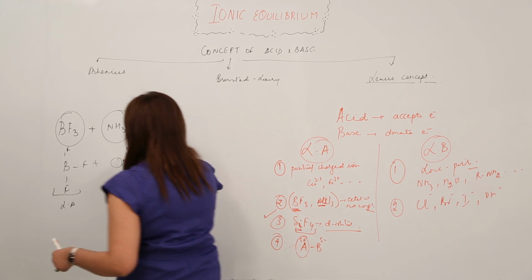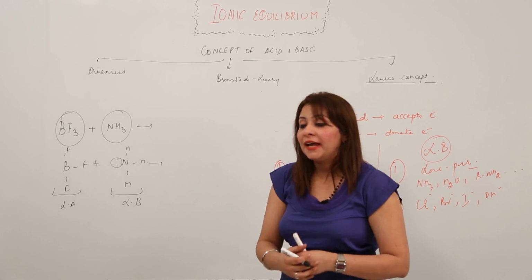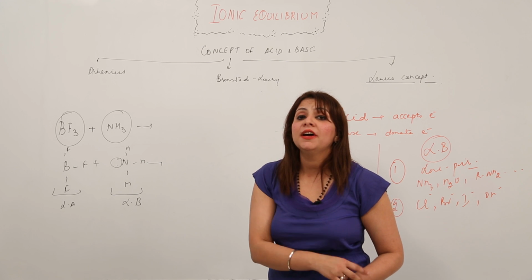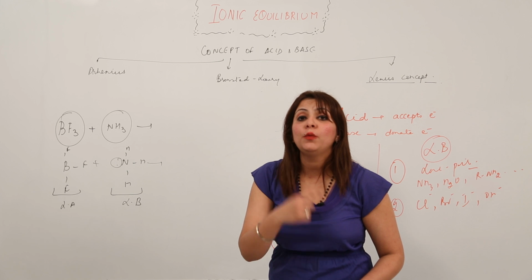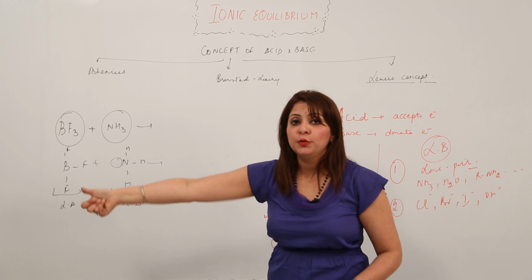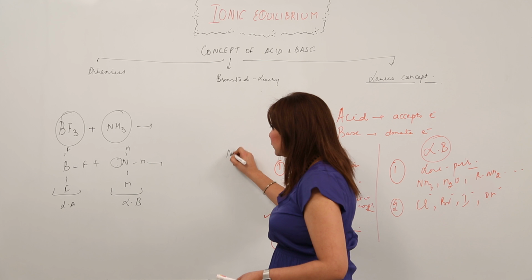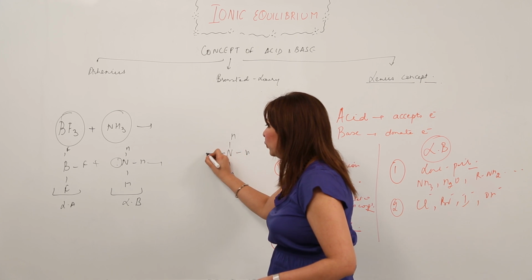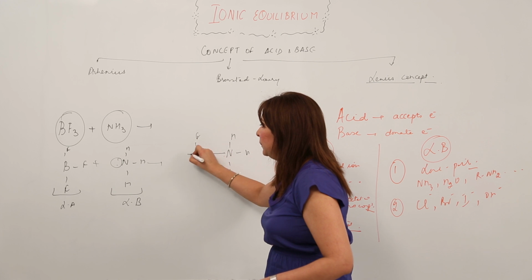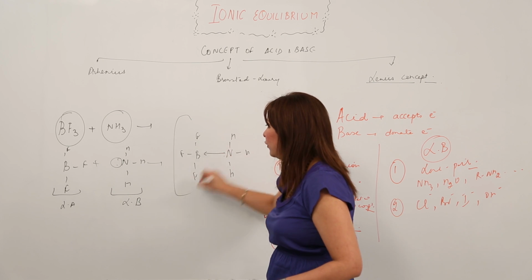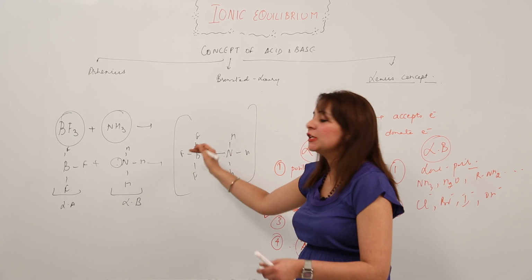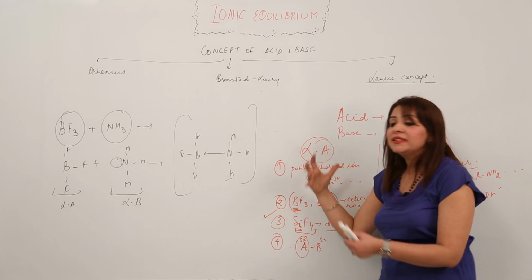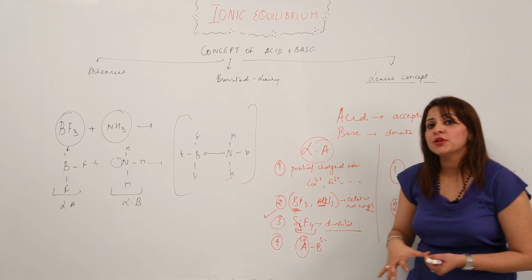So they will just pair up, and the bond between them will be a coordinate bond because the shared pair is donated by only one molecule. It is not contributed by the other one, right? Like ammonia has this kind of structure, this lone pair will be donated to the BF3. So it will lead to the formation of a coordinate bond and a linkage between the Lewis acid and the Lewis base.